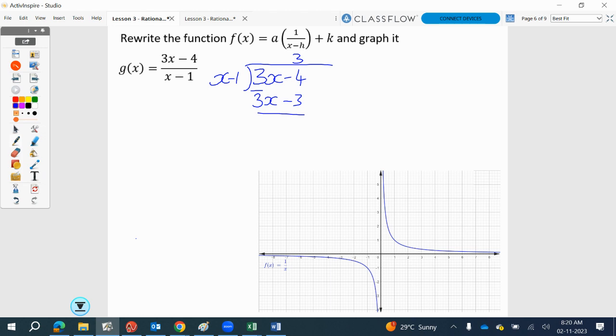We're going to subtract first. Minus 4 minus minus 3 is minus 1. It's minus 1. What does that mean? That means that